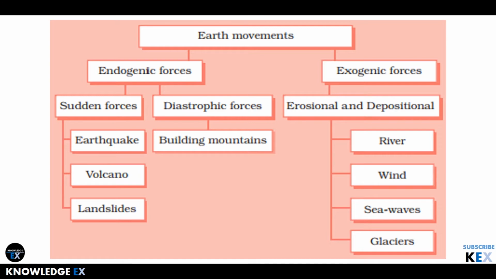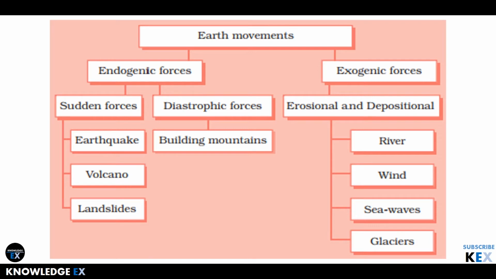Endogenic forces are of two types. Number one is the sudden forces, and number two is diastrophic forces. Sudden forces include earthquakes, volcanoes, and landslides, whereas diastrophic forces include mountain building forces, which take a longer period of time. When we talk about exogenic forces, they are basically erosional and depositional in nature,